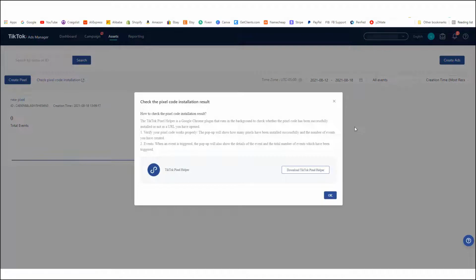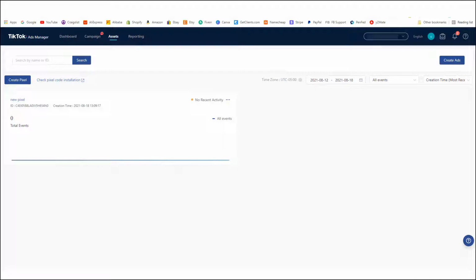So you could also check to see if your pixel was downloaded correctly by downloading TikTok Pixel Helper. TikTok Pixel Helper is a Google Chrome plugin that runs in the background to check if it's been successfully installed. You can click right here to download it. I already have it downloaded, so what you could do is go to your site,